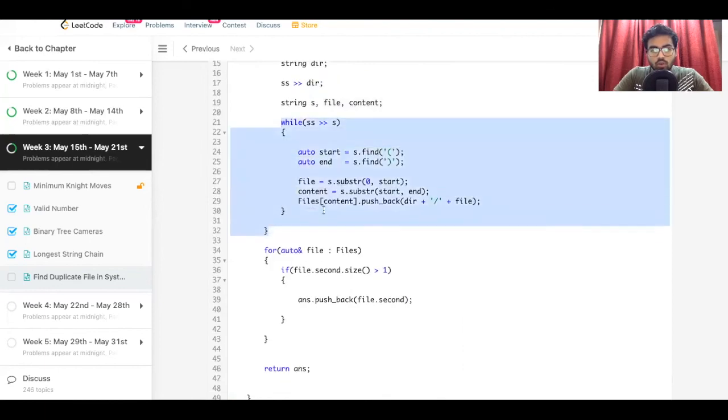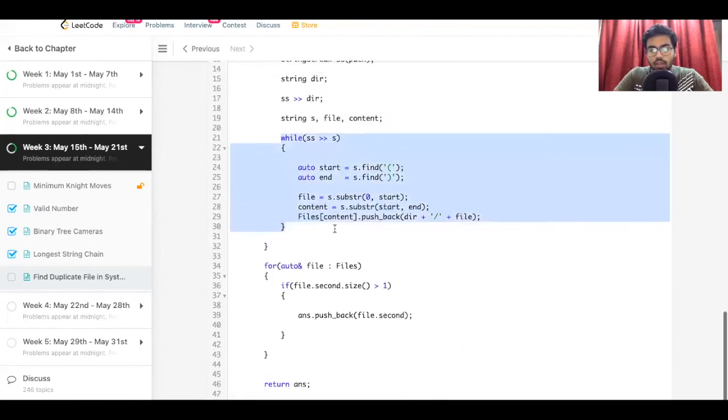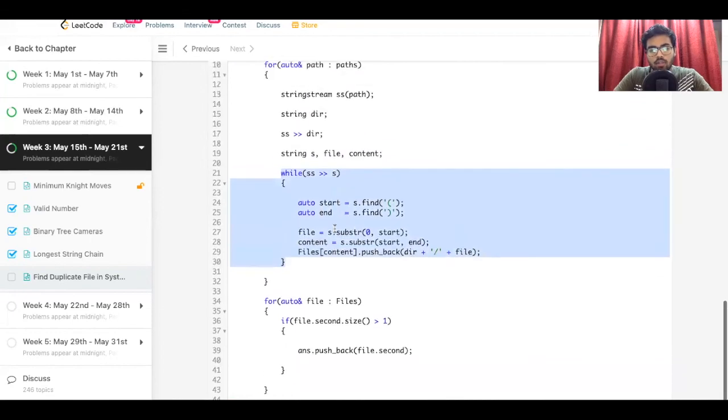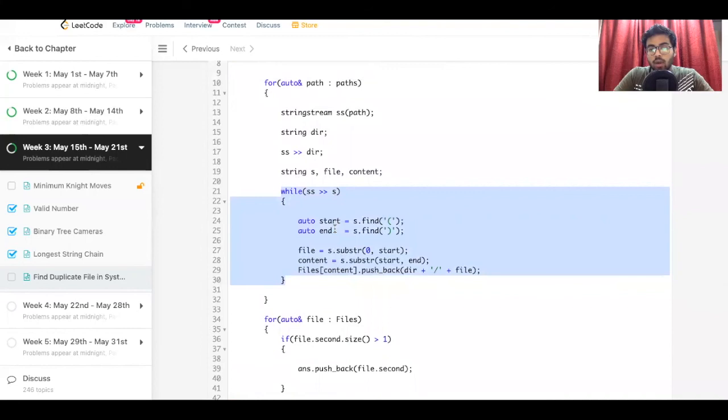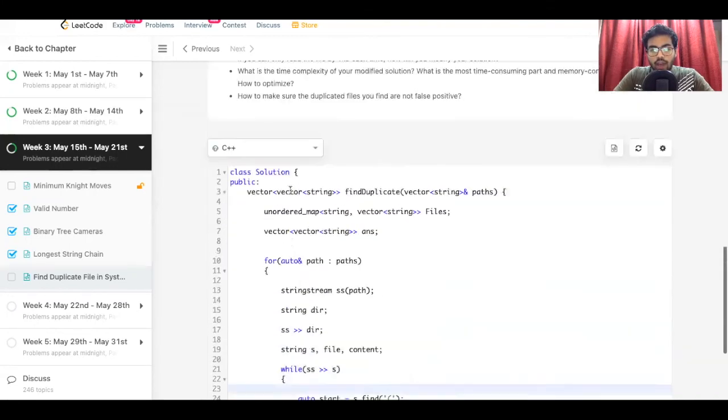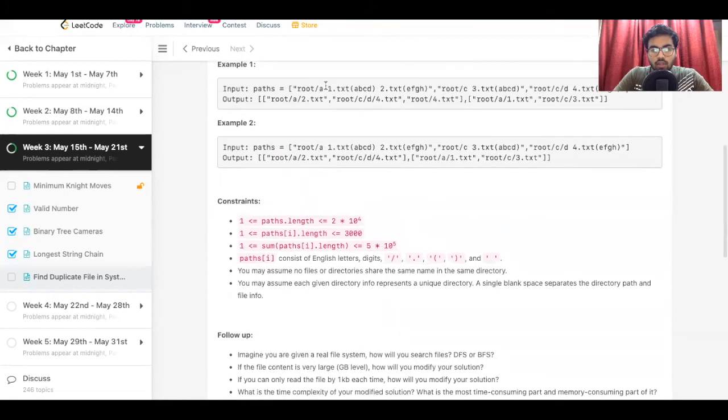So we run through all the characters in the path, and whenever we encounter a space, we stop, and therefore we have a particular set of characters which we need. So for example, here we have the first file and the contents of the file.